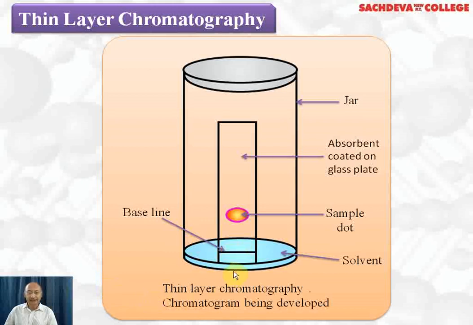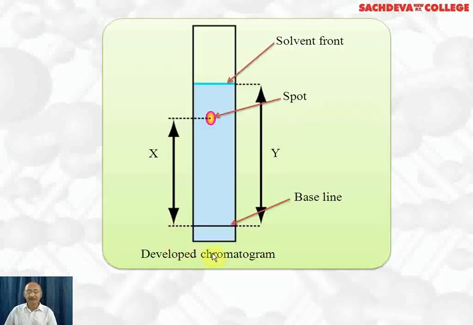So in thin layer chromatography we make a baseline, and this sample spot is first placed here, and after that we add a solvent here. In this solvent, this spot can move, and this spot will reach this place after some time by movement, and the solvent will travel faster than this, so the solvent will reach up more, it will cover more distance as compared to the spot. This is the developed chromatogram. That is, earlier the spot was here and we have shown it here.